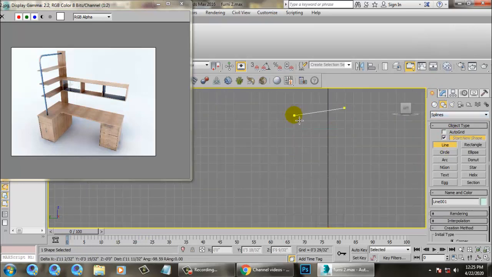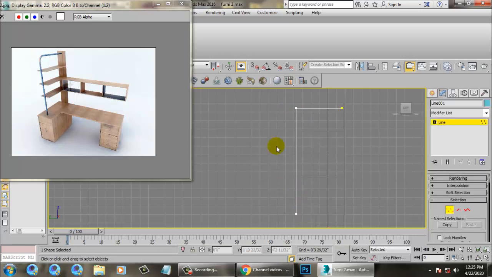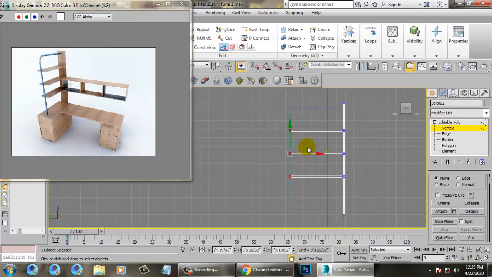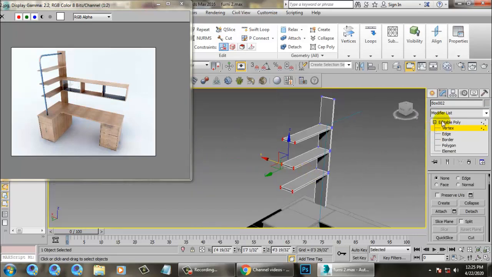Now I'll just use a line tool. I'll just drag this line and create a shape over here. Right click. Just adjust the shape, and into the line you can just adjust the vertices.